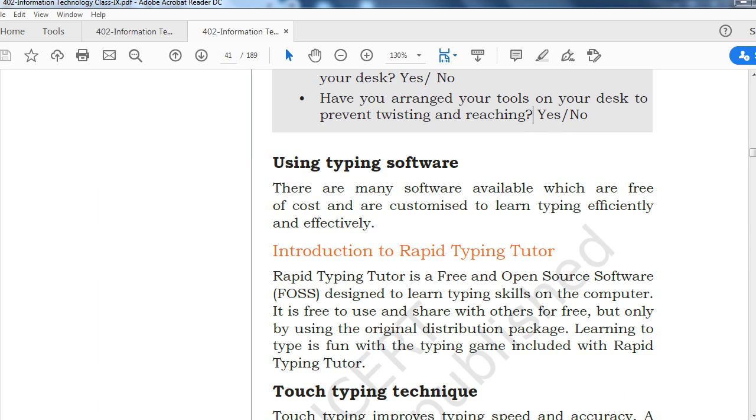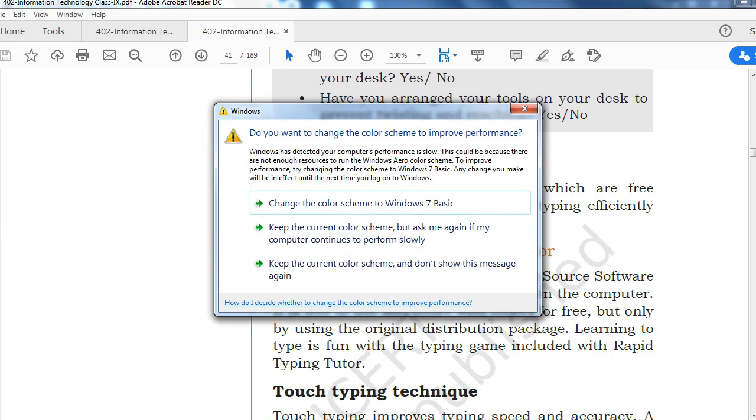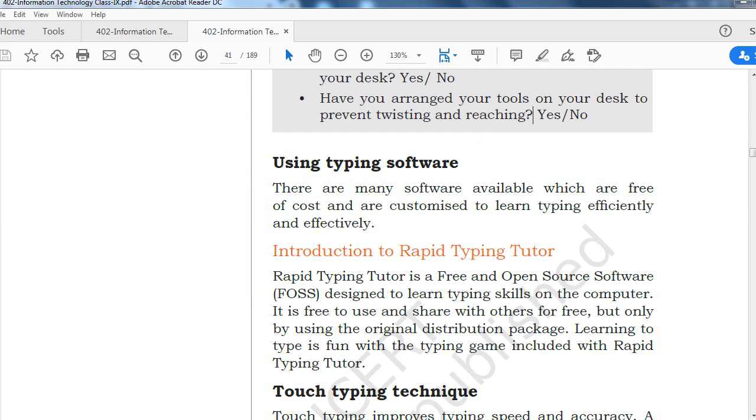So till now, what you have to do is just go through this chapter, whatever we have studied till now, and do practice and try to remember the things: what all keys are there in the home keys, what all letters are there in the upper row of the home keys, right? All these things you have to remember, and try to practice them. Try to remember the fingers which are allotted to different keys, right?